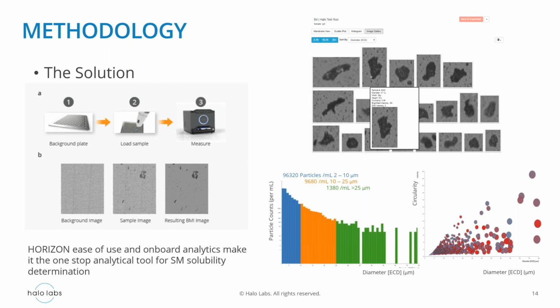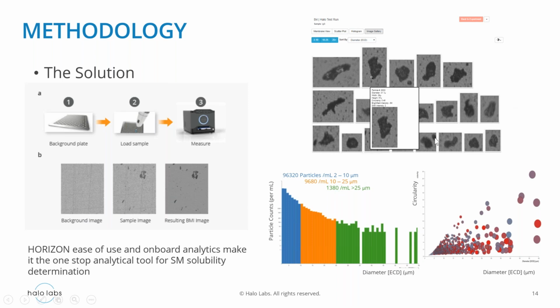Then there's a manifold vacuum that aspirates the sample, basically eliminating all the liquid, everything stays dry, and all the particles remain there. You then take a sample image of that, and then the instrument subtracts the background image, and then immediately things become very obvious. Sensitivity increases many-fold, and you get a clear picture that the instrument then, using its onboard analytics, immediately starts processing